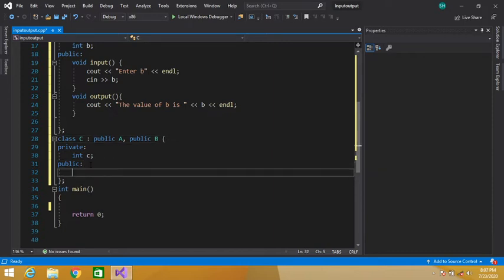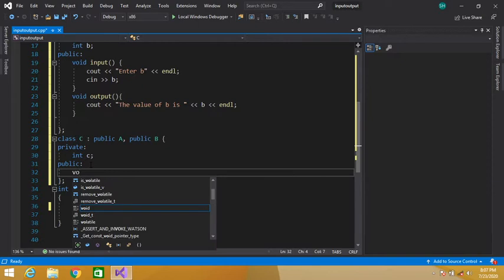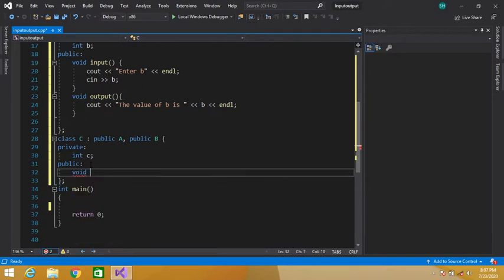Okay, let's define a function here to input the value of C. Void, let's say the name of our function is get.